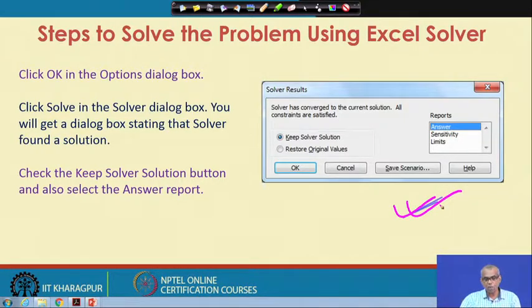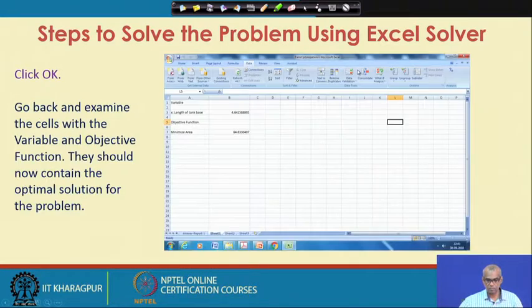You will get a dialog box stating that solver has found a solution. Check the keep solver solution button and also select the answer report. Then click OK.